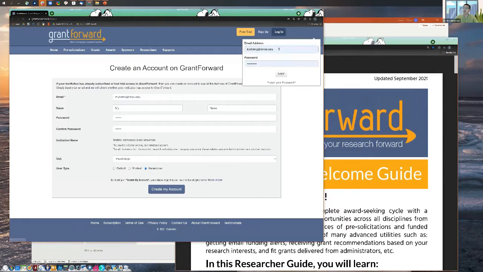Then I can log in. So I'm going to log in with a real account. He is a professor at the University of Illinois. We are affiliated with the university in Central Illinois because GrantForward has been developed at this university many years ago. It was originally called the IRIS, Illinois Research Information Service. And only until a few years ago, because of the need to modernize the technology so that we can do it in a more automatic way to be more comprehensive in the grant database,